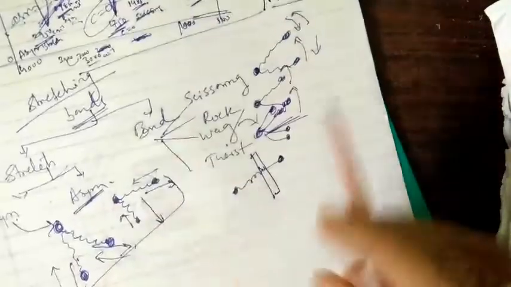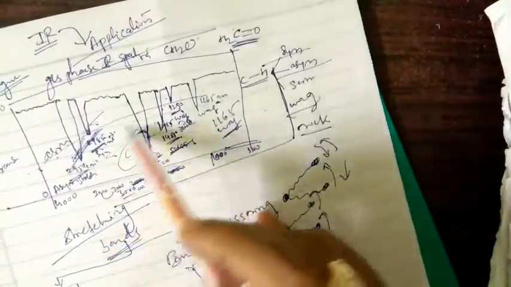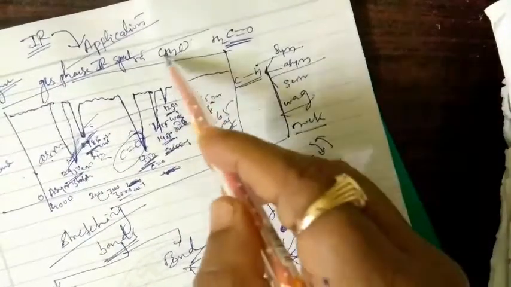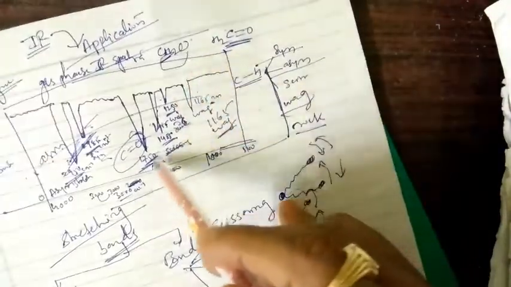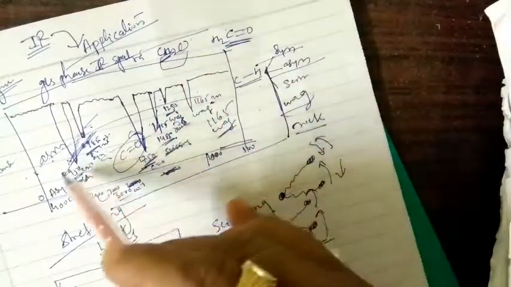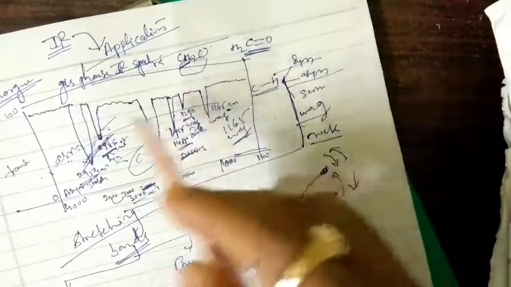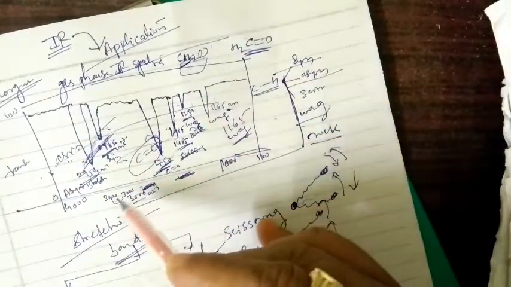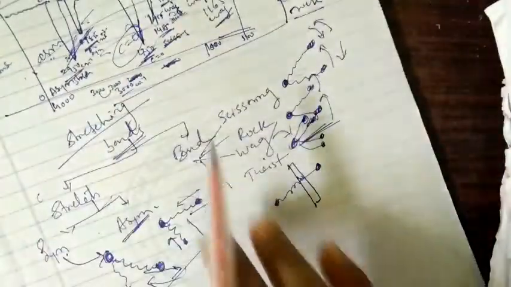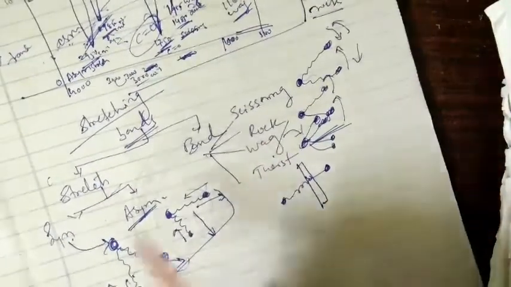Based on these vibrations you can see the different peaks we are obtaining here, of CH vibrations. C double bond O, no doubt 1750, but CH vibrations we are observing here: asymmetric, symmetric, rocking, scissoring, wagging. All these things we can see at the respective wave numbers, and that is how we can identify, based on this principle of IR, where the atoms have such types of vibrations whenever they are absorbing the IR radiations.